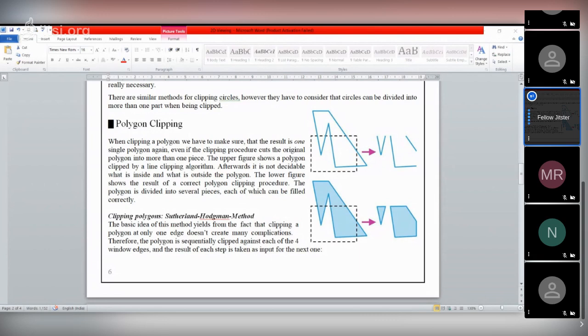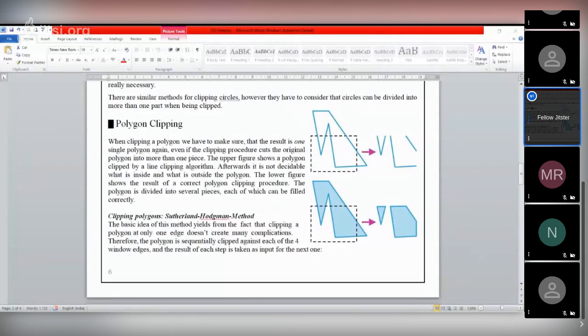The line clipping algorithm and the polygon clipping algorithm cannot be used interchangeably, because line clipping algorithms work on lines, and if we apply the line clipping algorithm to a polygon, then we will get the output like that. That means this is not a polygon, this is a collection of lines. Actually the output should be like that. How can it be achieved? That can be achieved by the